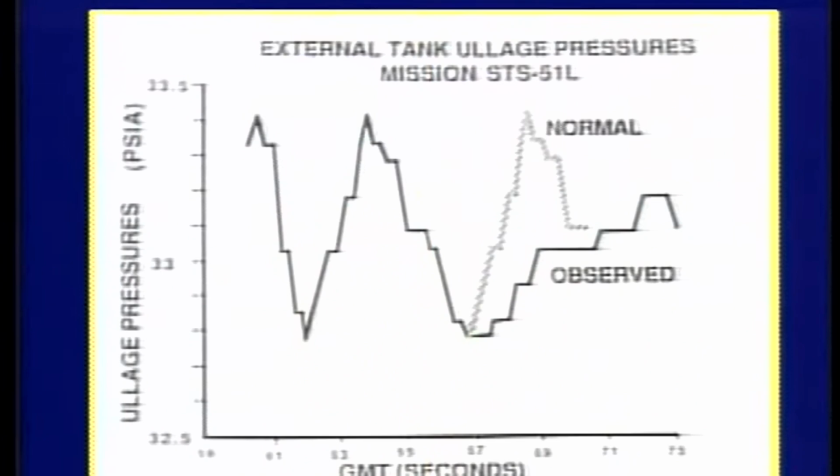At 64.705 seconds, a bright sustained glow developed between the orbiter and the external tank. Slight changes in the hydrogen tank pressure telemetry data confirmed the leak 2.2 seconds later at 66.8 seconds, when the LH2 tank pressurization system could no longer maintain its normal repressurization rate. At 72.6 seconds, the LH2 tank pressure could no longer be maintained, indicating that the leak path had significantly increased